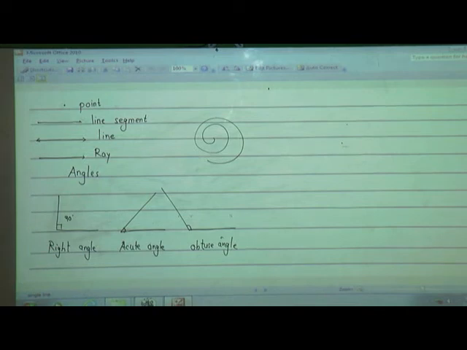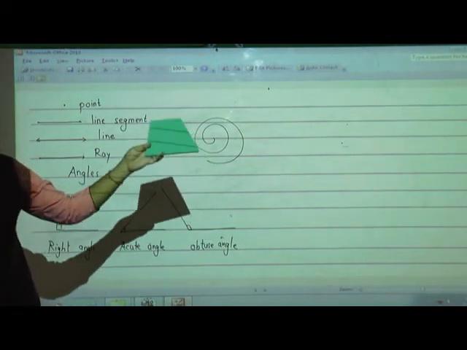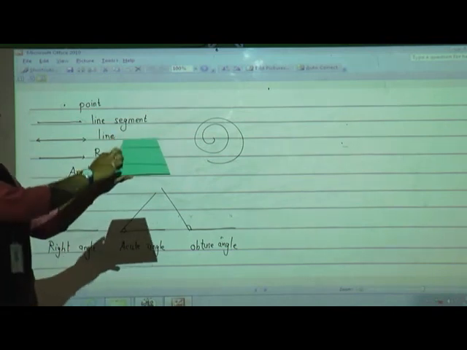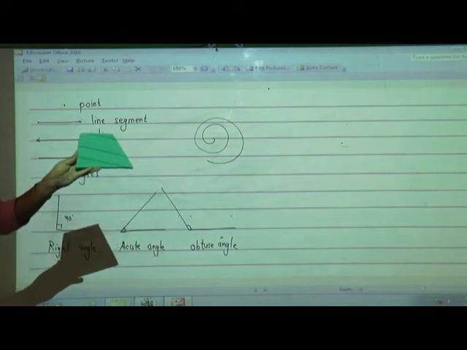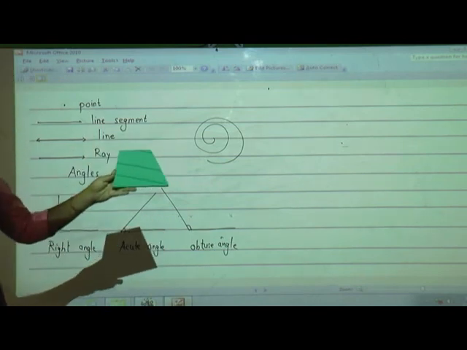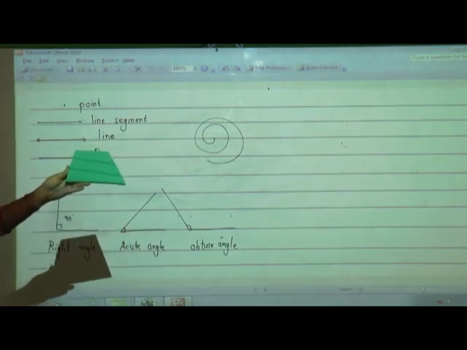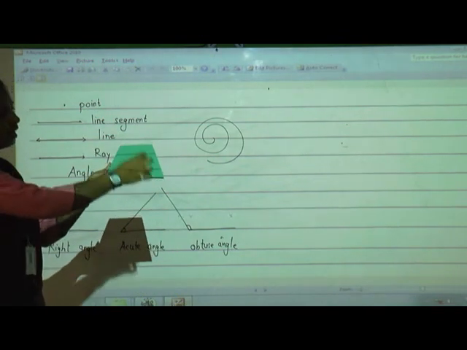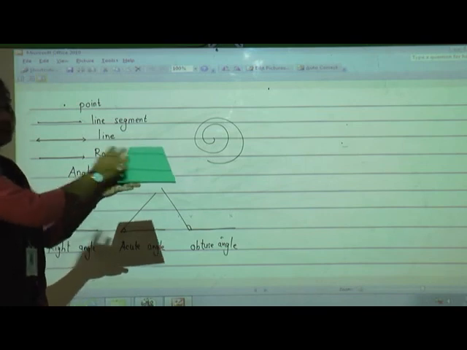Now what about quadrilateral, students? Yes, we have studied about quadrilateral. It is a polygon formed by 4 line segments, isn't it? With 4 line segments, it is called a quadrilateral. Now observe this. How many sides are there? 4 sides are there in the quadrilateral. And how many vertices? 4. 1, 2, 3, 4. Isn't it? And how many angles are there? 4 only. 1 angle, 2 angle, 3 angle and the 4th angle.